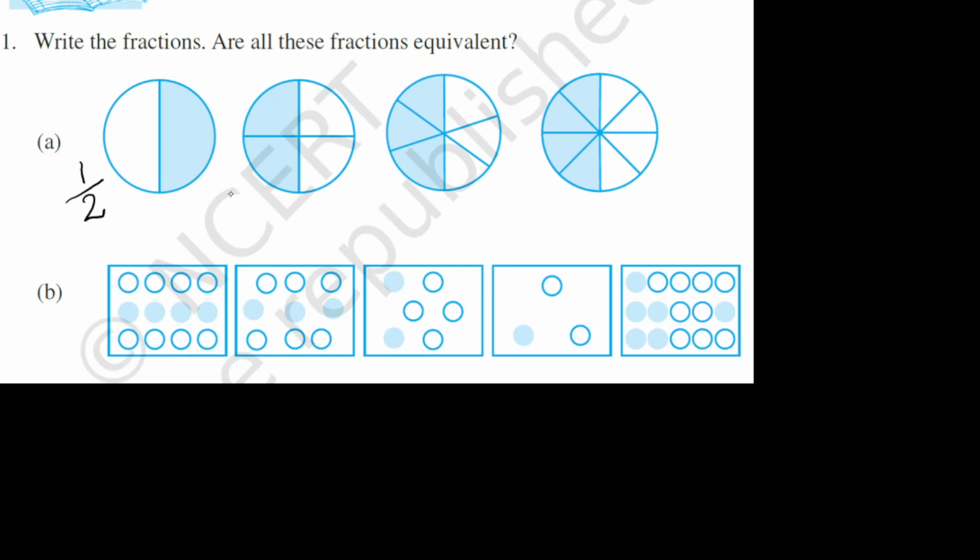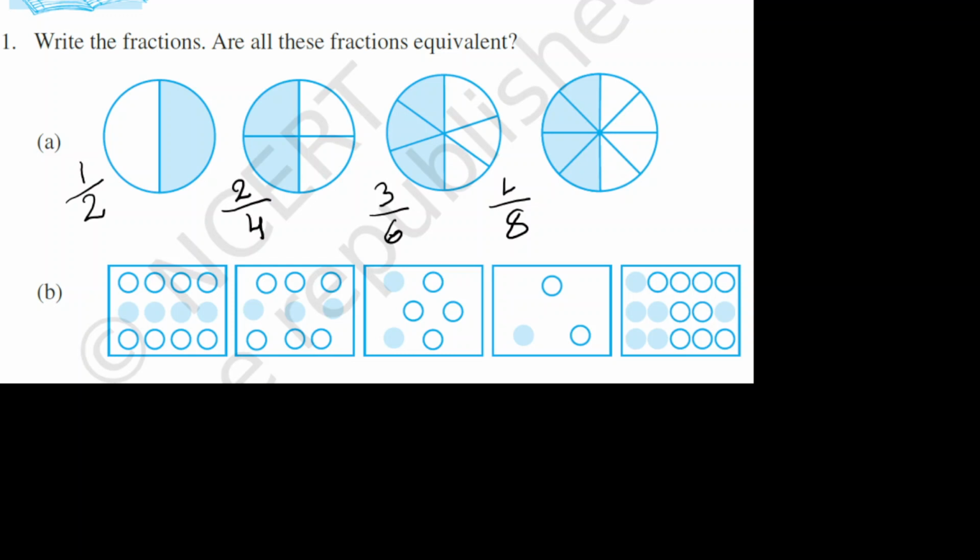Here the fraction becomes 2 by 4 because out of 4 equal parts only 2 parts are shaded, and here the fraction becomes 3 by 6 because out of 6 equal parts 3 parts are shaded,